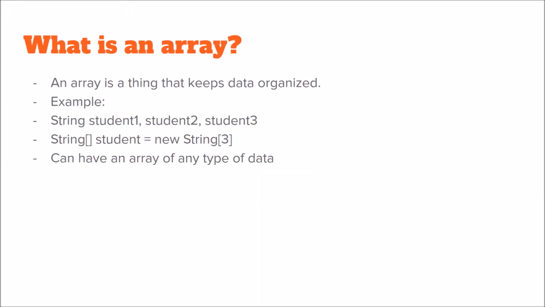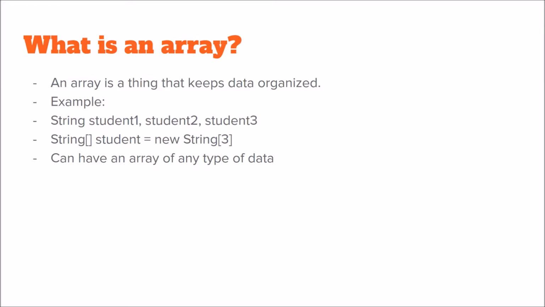Now what is an array? An array is something that keeps data organized. So for example, if you wanted to create a school, you'd have to have a string value of everyone's name. So it would be student 1, student 2, student 3. However, for an array, we could just create an array of this instead of creating three different